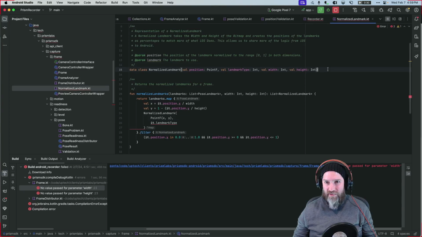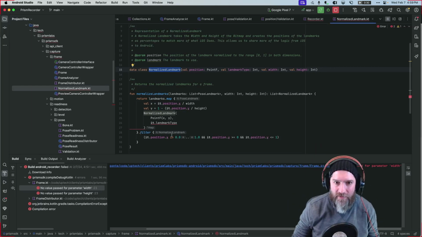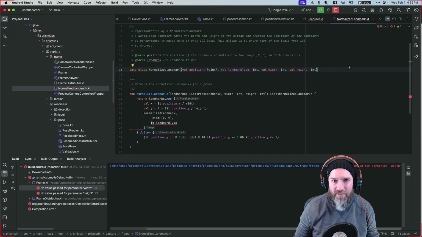Instead of... well then, this isn't really normalized. No, it's a whole new class, but it's just a way for us to construct the data structure we need to mutate. I guess at this point you literally, well, no, the landmark doesn't include the width and height. Yeah, the landmark by itself doesn't include the width and the height normally. The frame has the width and the height from the bitmap, and then we have the landmarks as an array, so we have that associatively, but